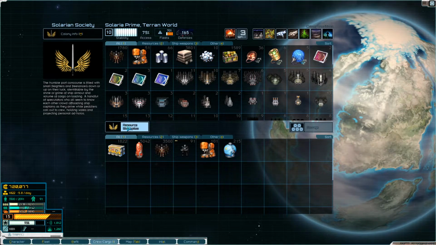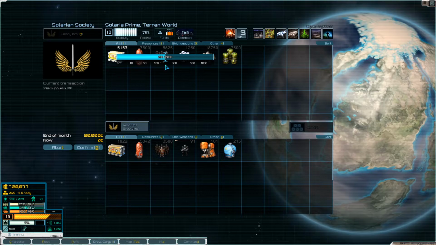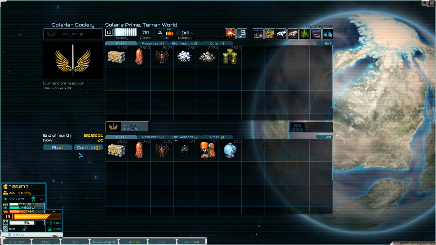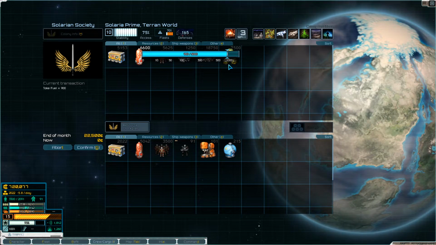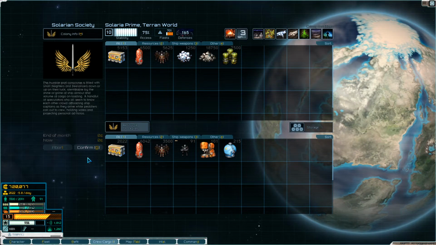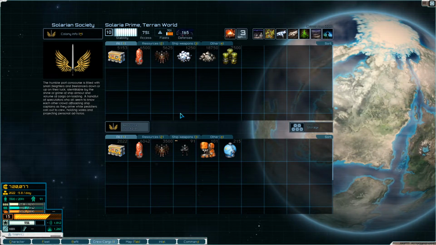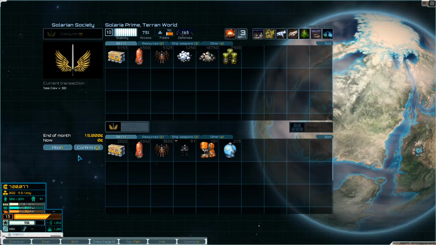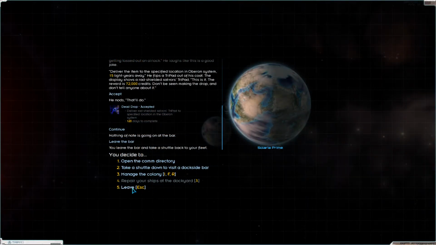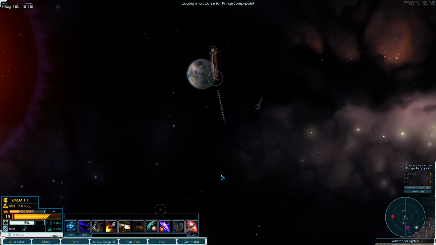Yeah, 720,000 still. I'm going to go ahead and top up a bit on supply. Another 1,000 fuel. That's it. All right. Let's also take 300 more bodies in case we need them. And out we go. Let's hop out of the system and see if we can get ourselves...